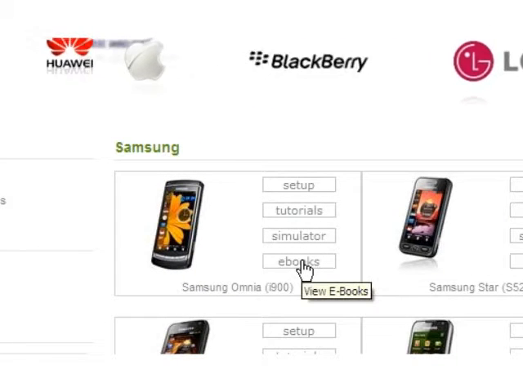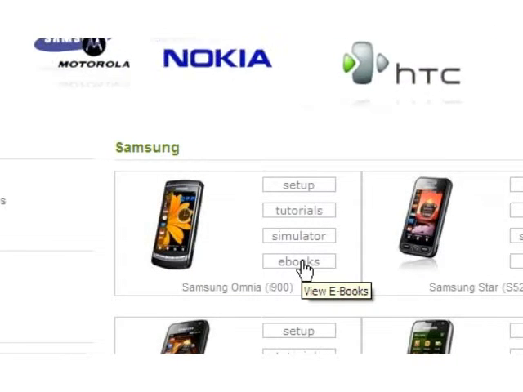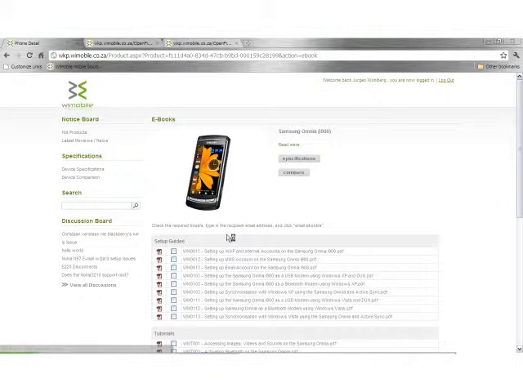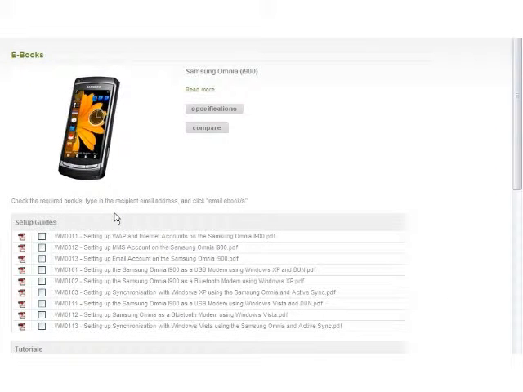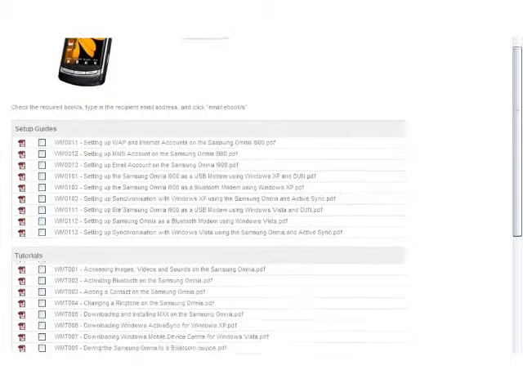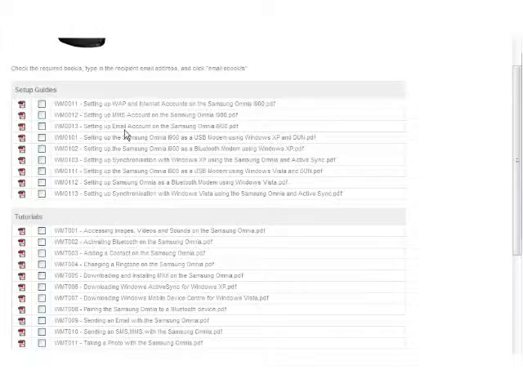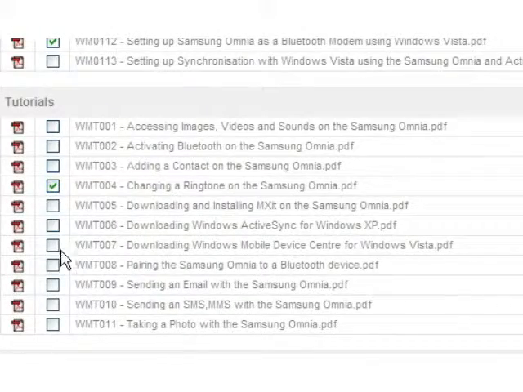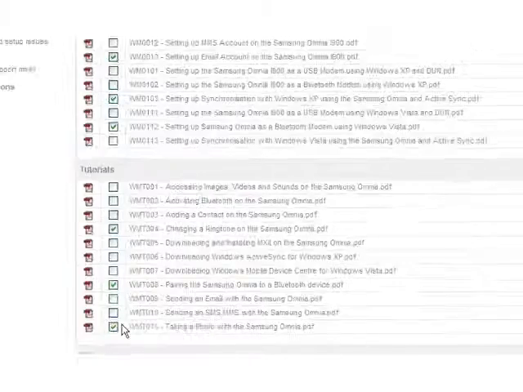The eBooks function allows the agent to select from an extensive list of guides and tutorials and rapidly have the chosen content emailed to the customer, where the customer can then examine the content when needed and, more importantly, offline. All the agent has to do here is look through the list of setup guides, so setting up an email account, looking at synchronization with XP and ActiveSync, looking at Bluetooth modem, changing a ringtone, pairing the device, pairing the Omnia to a Bluetooth device, and taking a